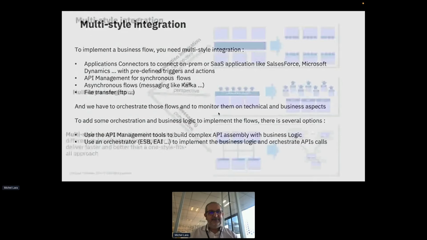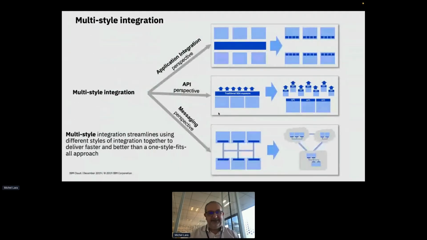So if you are looking for multi-site integration, as I said, we need some application integration with a predefined connector, an orchestrator. We also need an API perspective, of course, from exposure, from a centralized way to a decentralized way on API with different governance and organization.